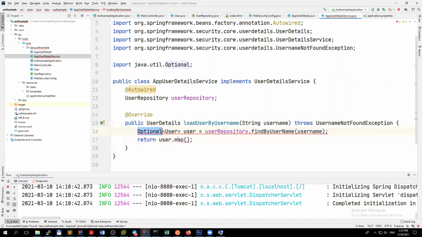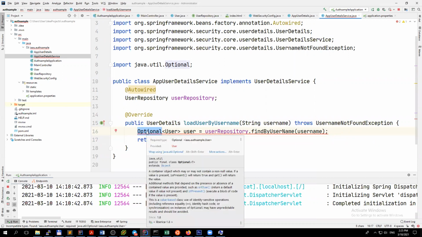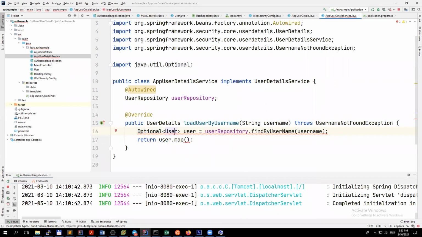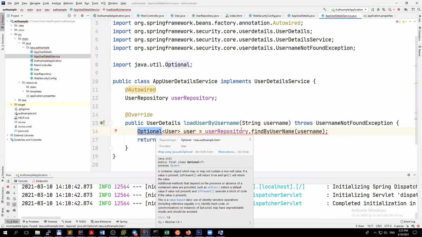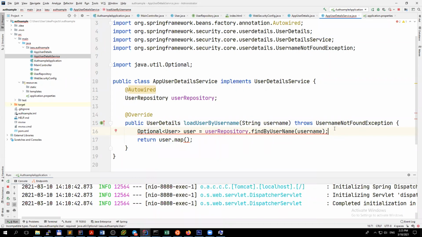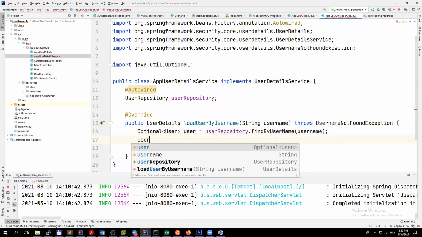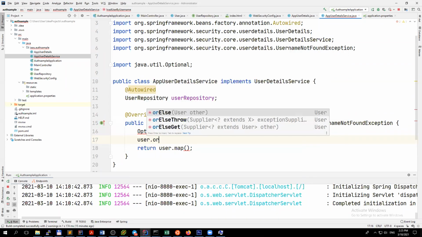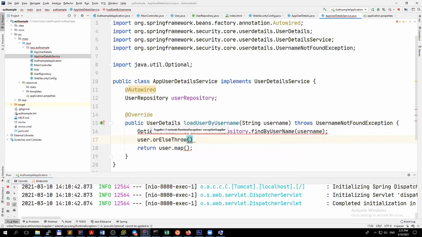So this annotation can also be added. That means this is optional. This means that it can also be returned as null, so we can control it. And if we add this, we can control if it's working or not, and we can control